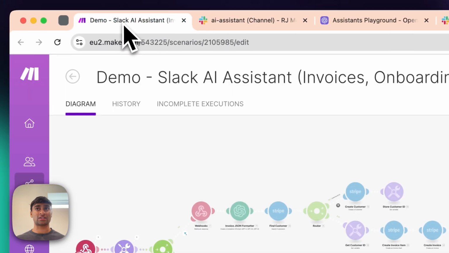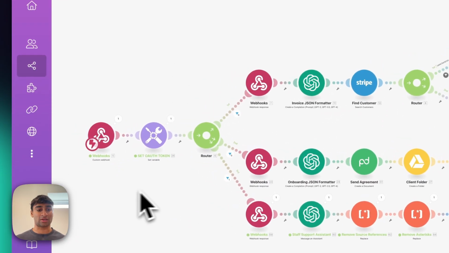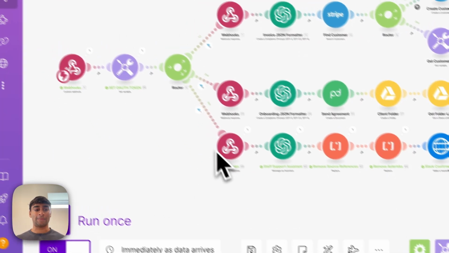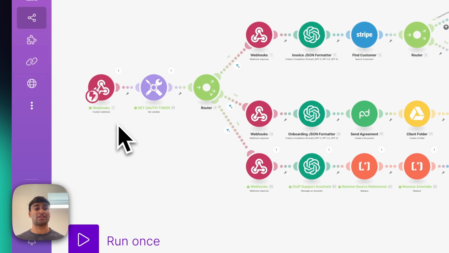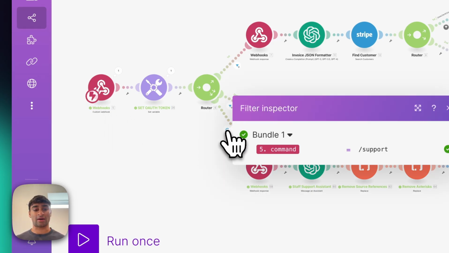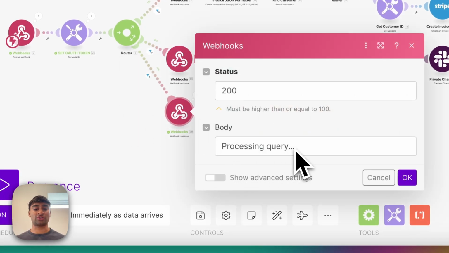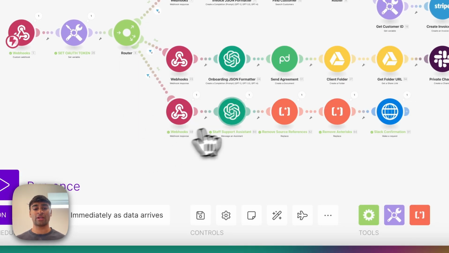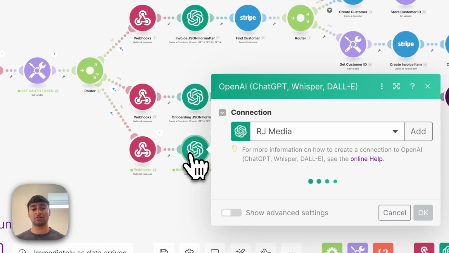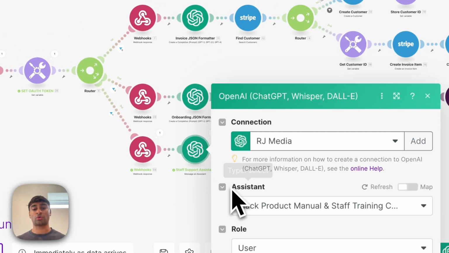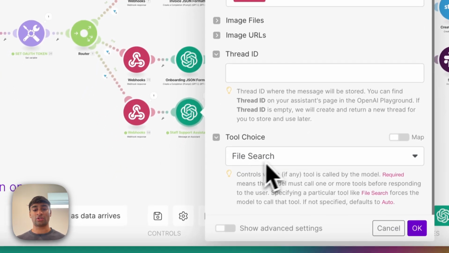So if we go back to Make and we take a closer look at things, it all starts with a webhook, which takes the / command, and it will go down this route because we are using the /support command. And then we send a response just to say that we're processing the query. Then it goes through our OpenAI assistant, which essentially passes through the input question and also does a file search